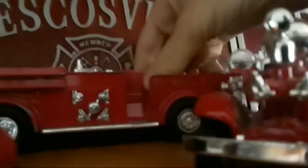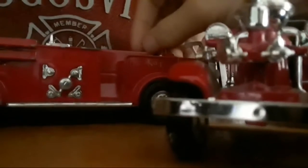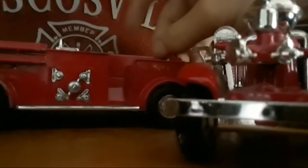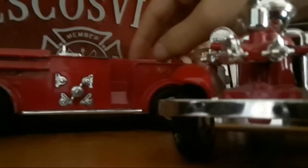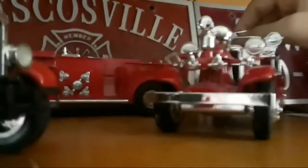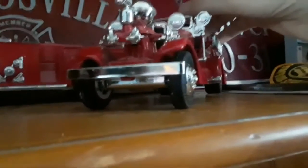This beaten up America LaFrance back here, I plan on also getting a replacement for this. But what I've also been noticing is that this specific engine in the back here might be a Detroit diesel. I'm not saying what kind of model, but for these type of trucks, the way they were made, I'm thinking it's probably an AV71N Detroit diesel engine. Sorry for the voice crack. And 3031 has a Detroit diesel. I don't know if it has an AV71, but